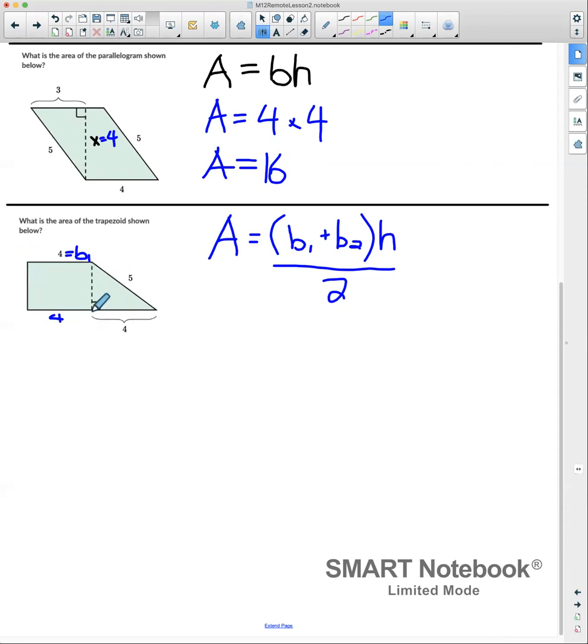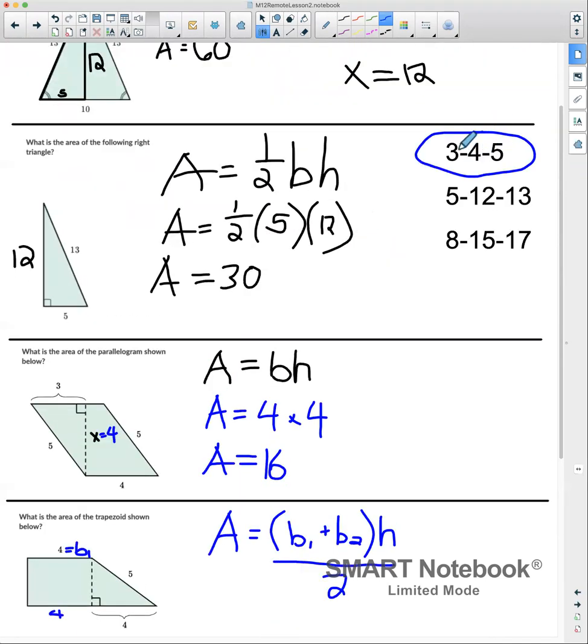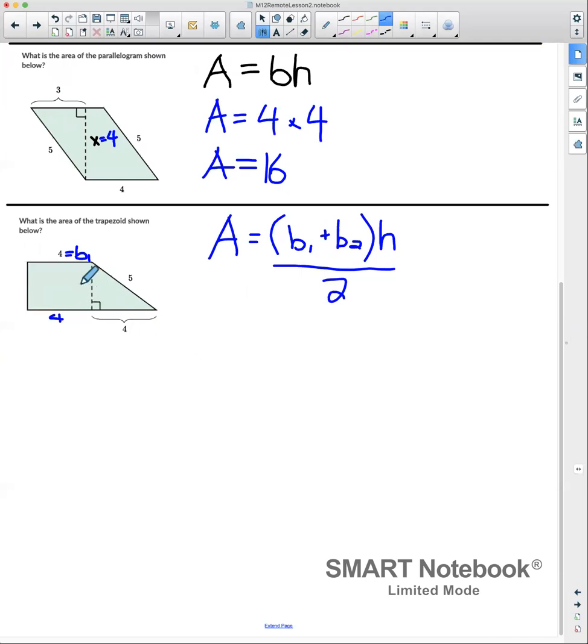In this case, we have this triangle, 4 and 5. So it's 4 and 5. We go back to the Pythagorean theorem. 4, 5, the leg should be 3. So this is 3, which means that this side is also 3. Now I have 2 bases. I have the height. Okay, so area